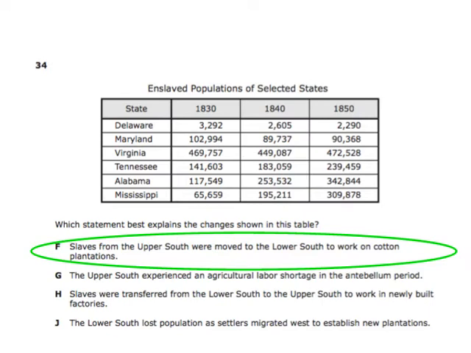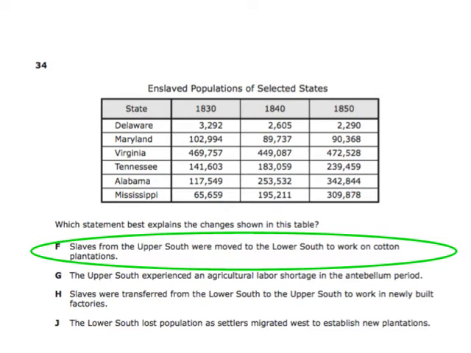Alabama and Mississippi were southern states. Far south, the lower South. You see their numbers grew. Tennessee and Virginia were a little bit further north, but they were still south. You see Delaware and Maryland are the farthest north of anything here, and their